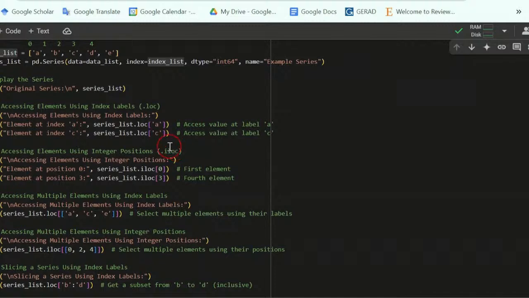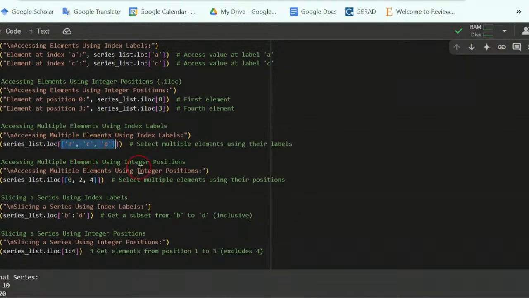Then we learned how to access one specific element using the label, using the index, and multiple elements using labels, multiple elements using indices, and then how to do slicing using index labels, and how to do slicing using integer